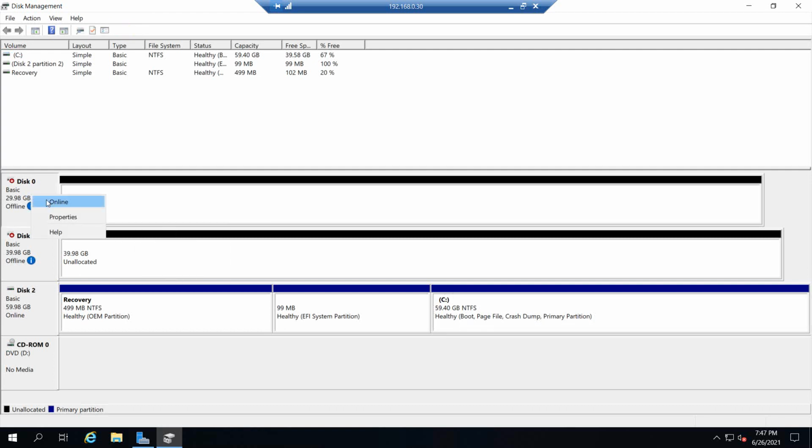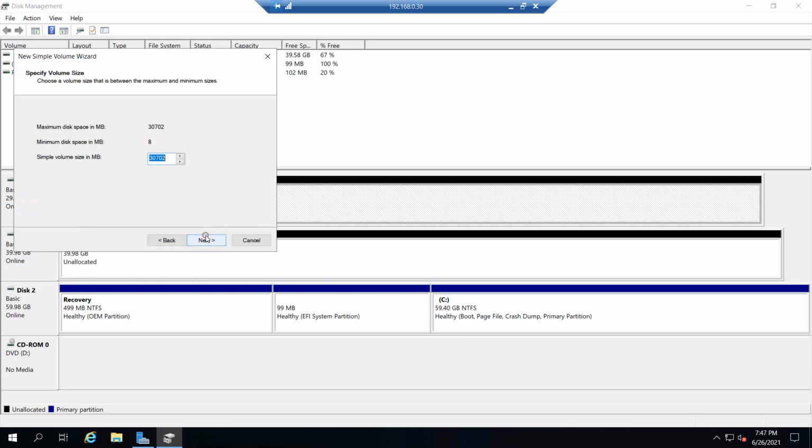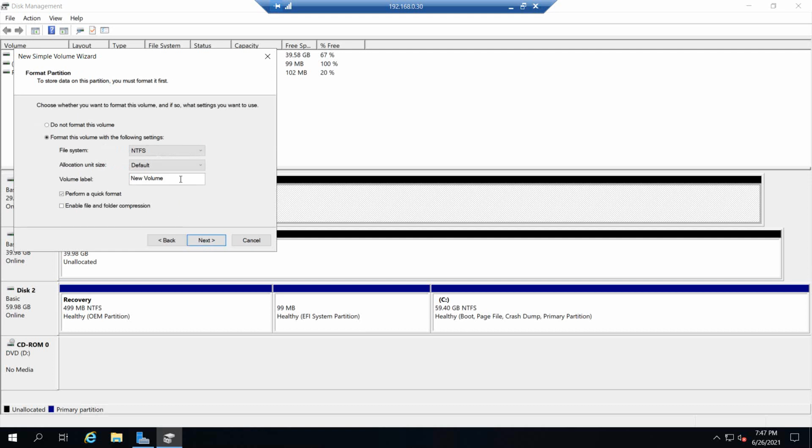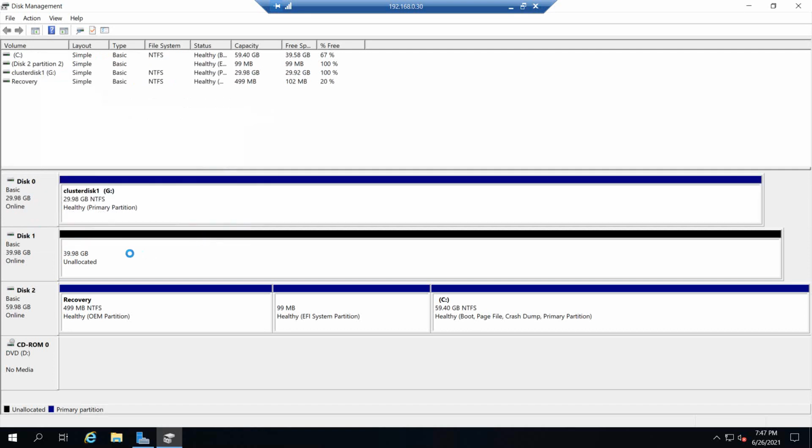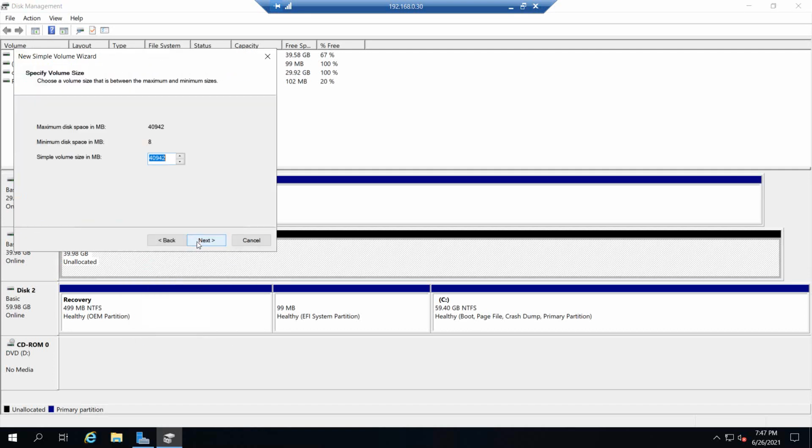So I will make them online, make each a simple volume and assign drive letters, G and H. I will name them Cluster disk 1 and Cluster disk 2.